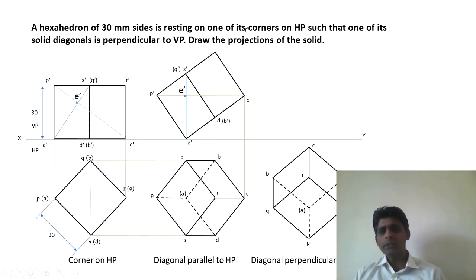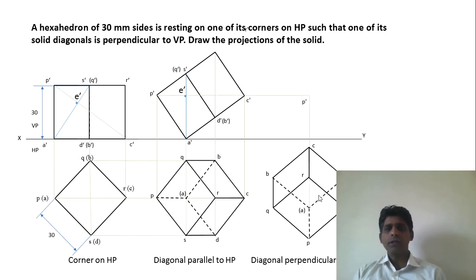So we have these points, but only one arc is not sufficient. We need two arcs to locate a point. So one more arc can be got from this particular point P. So we can measure PQ, and from P we can cut another arc. So you will have two arcs which intersect each other. And similarly we can have PS. So we can draw another arc from here. So we have two arcs intersecting. So similarly we have to obtain all the points. Once we obtain or reconstruct this, then